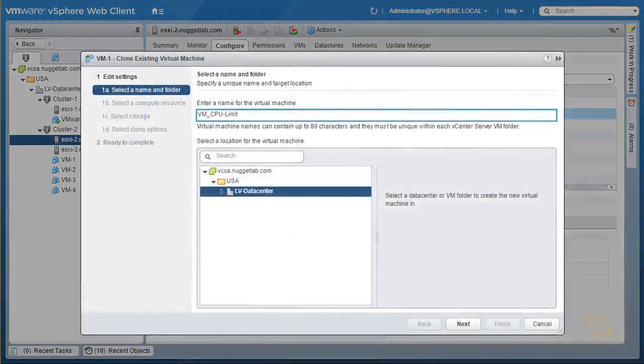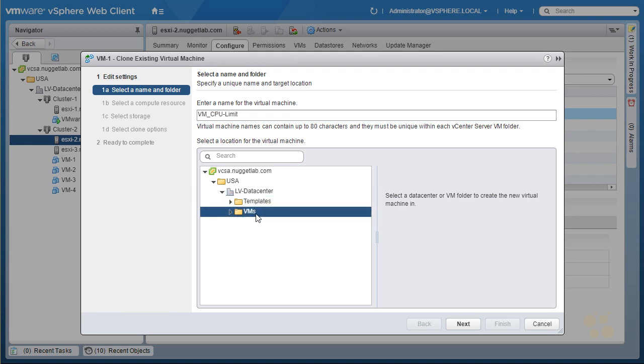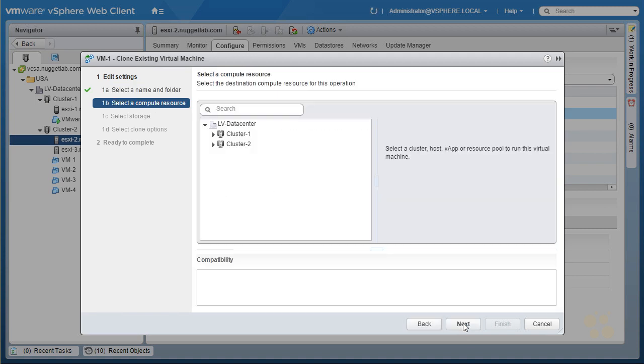And let's call this first one VM_CPU-limit. And we'll go ahead and open up the data center. And we'll drop that VM in the VMs folder and click on Next. And we have a couple of clusters to choose from, so we'll put them in cluster 2. We'll let DRS sort out which ESXi host will have the privilege of running that VM, and then we'll click